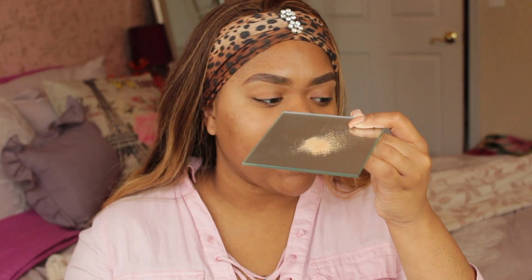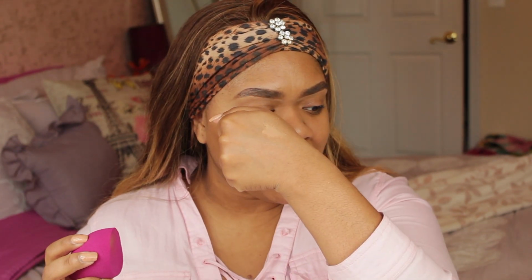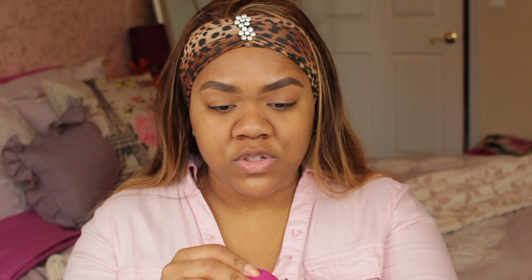So I have just dumped a little bit of the Danessa Myricks powder out on this palette. I did already start applying it to my face, then I realized my camera wasn't filming, so I'm just kind of backtracking now. So basically what I did is I dunked my sponge into the powder, and then on the back of my hand I pressed off the excess product, and now I have a little bit of this product on my hand that I'm just working off of, and I'm going to use this to just kind of set